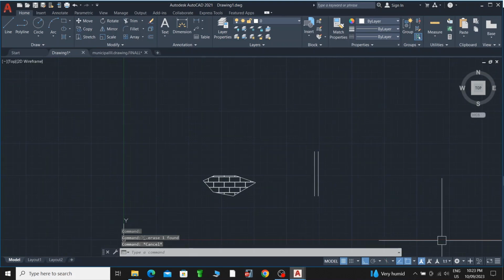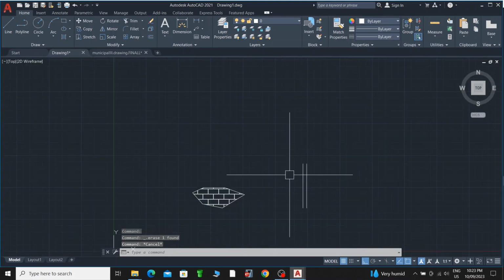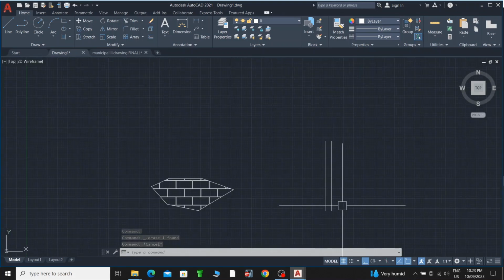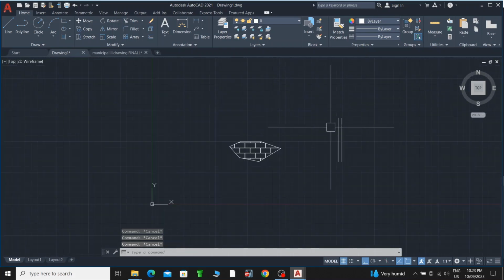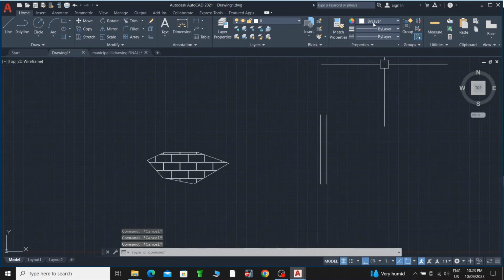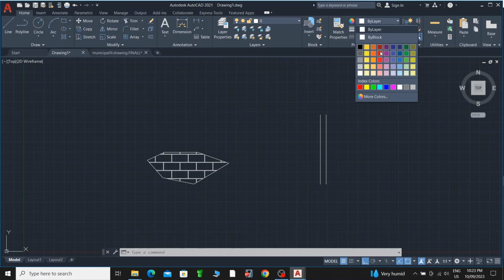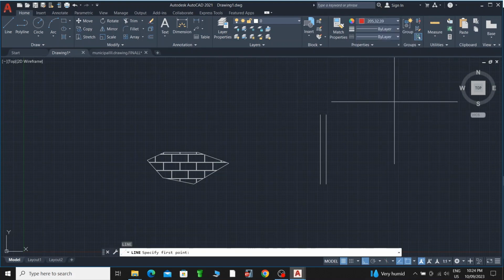Then other commands like match property. How can we match property? What is match property? Then I will show you. Here is one option, by layer. I will draw one line using some color like red. Then L space,